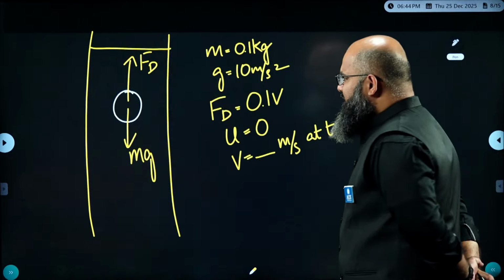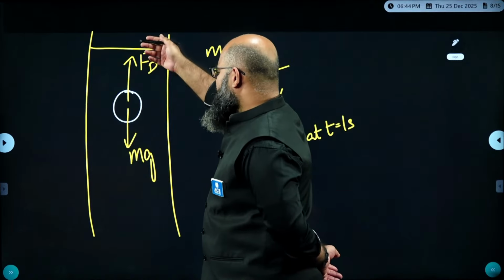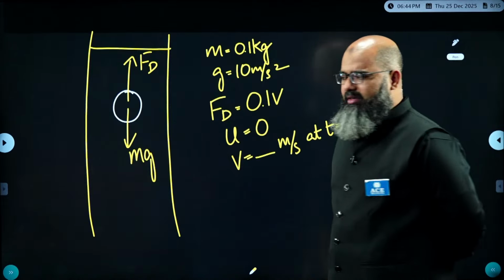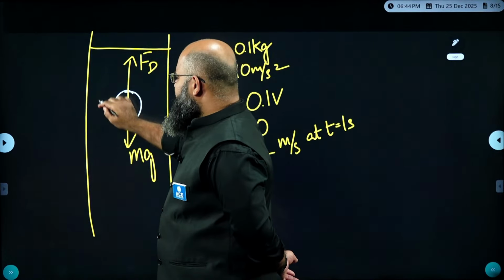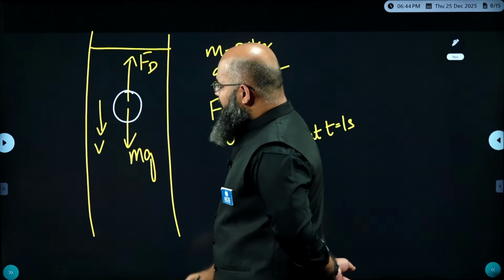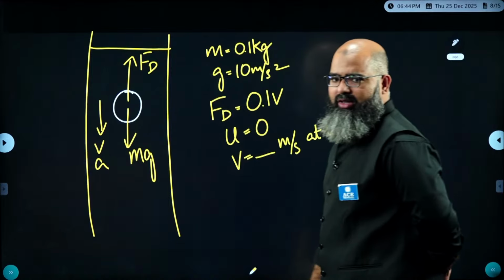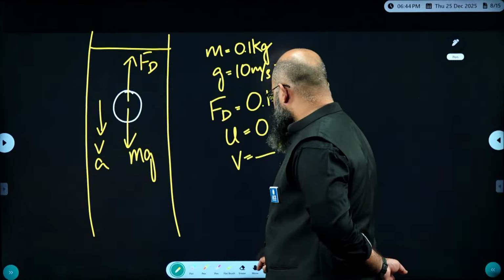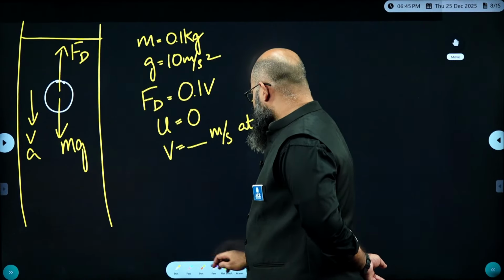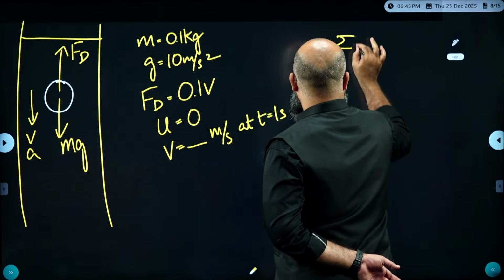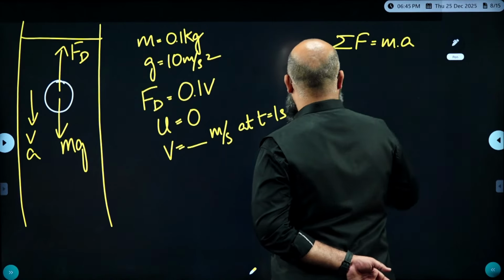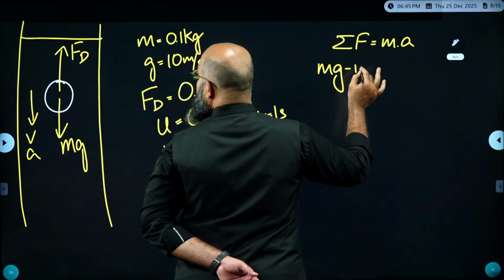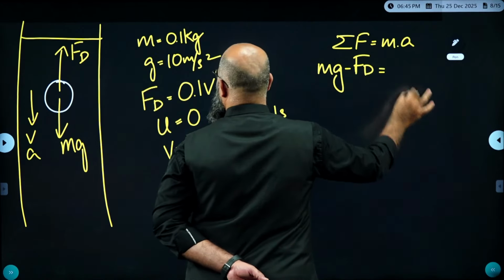Now, this Fd is going to be always less than mg until you reach the terminal velocity or settling velocity condition. So right now Fd is less than mg, the velocity v is down, and the acceleration also is down. Now I can write the summation. I'm taking downward direction positive. Summation of force has to be equal to mass times acceleration. Taking downward as positive, mg minus Fd, the drag force, has to be equal to